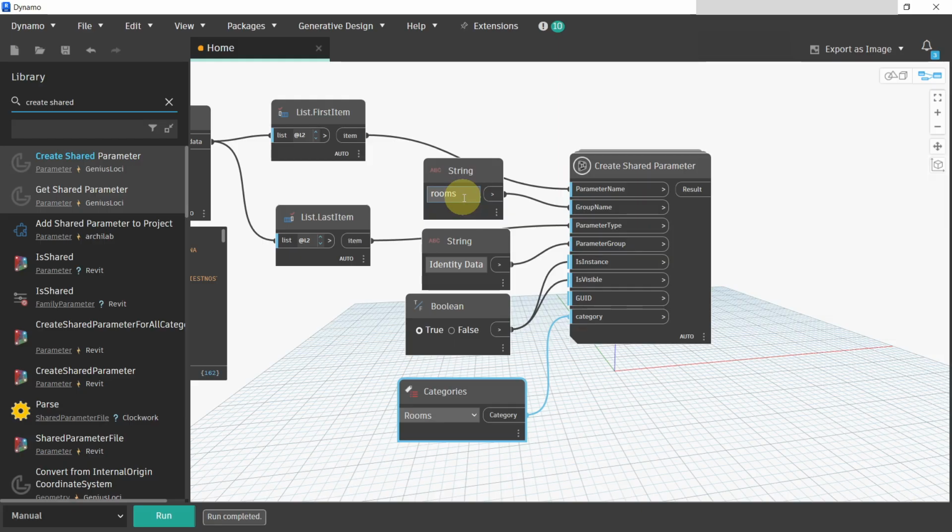And this way we will create new shared parameters under the group name of rooms inside of our shared parameter file. They will be of these data types from the Excel file, and they will be created as a project parameter under the group inside of your Revit project of identity data. They will be visible and instance parameters, and only for the category of rooms. Now if I run this script,